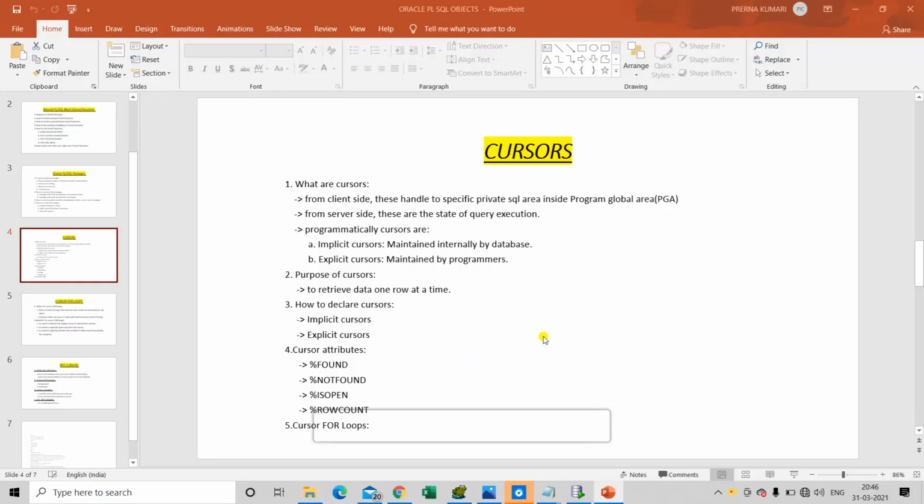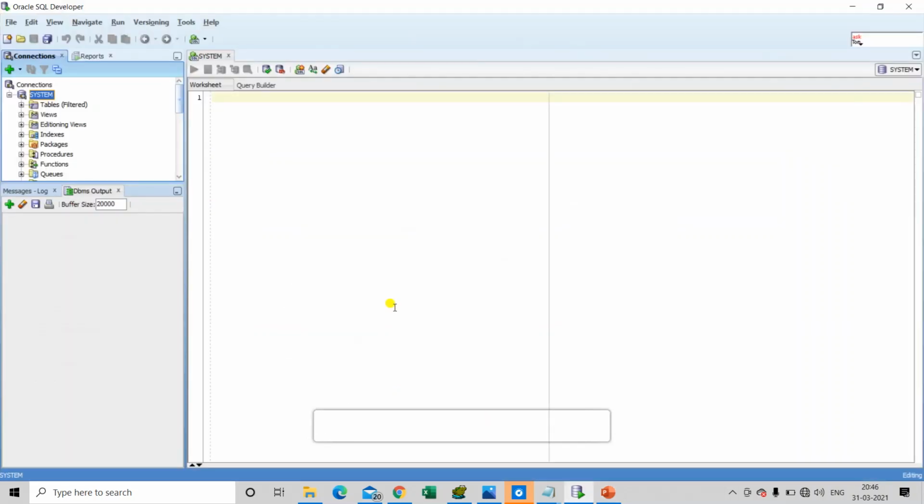In today's video we will cover the remaining part of the previous video, that is cursor attributes for explicit cursors. So for this we will be creating a new explicit cursor.